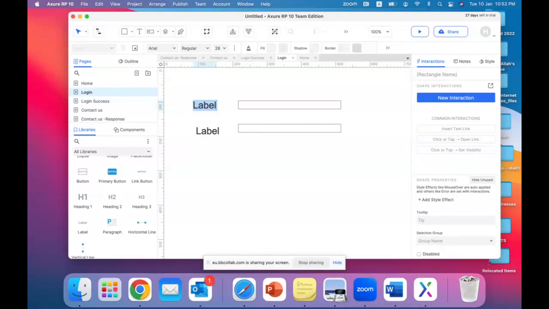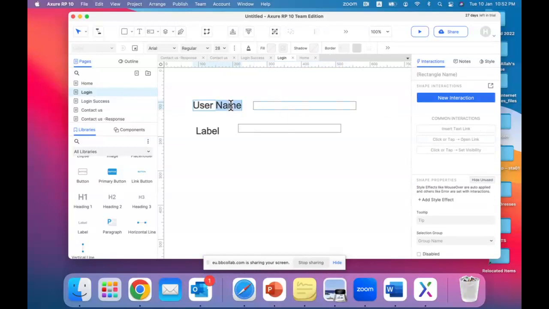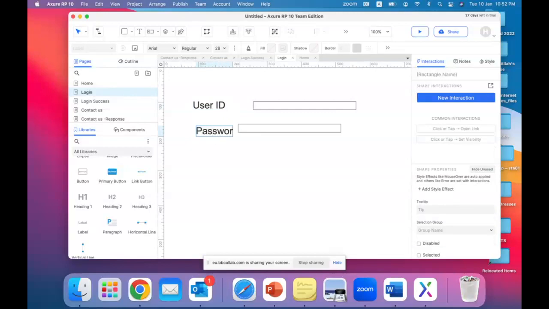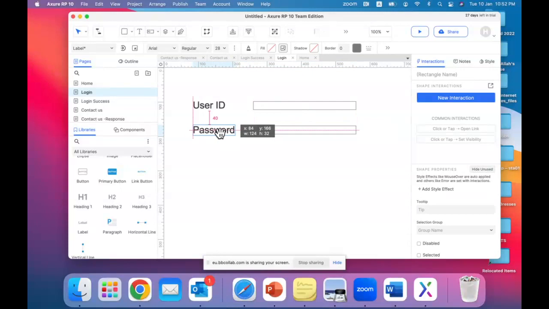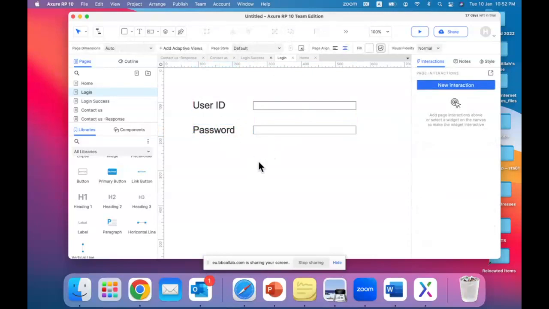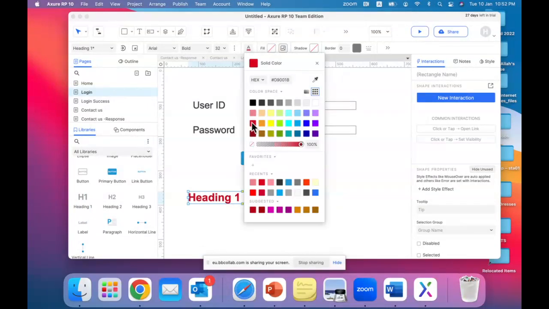Okay, and this is going to be user name, or this is going to be user ID. This is going to be password. We are going to set the coordinates, and then we have a button, and then we want to have a text message